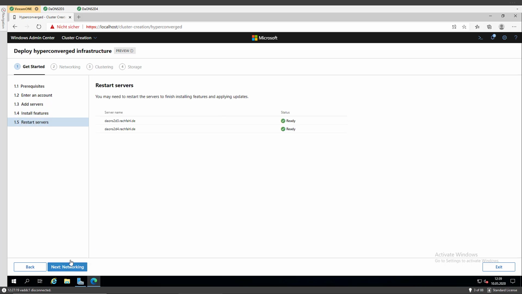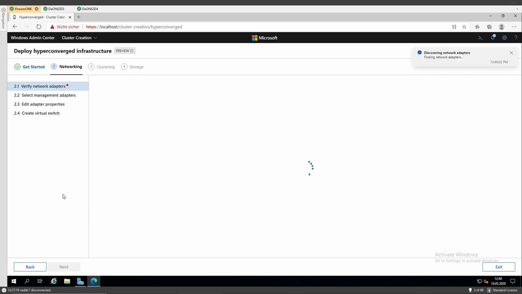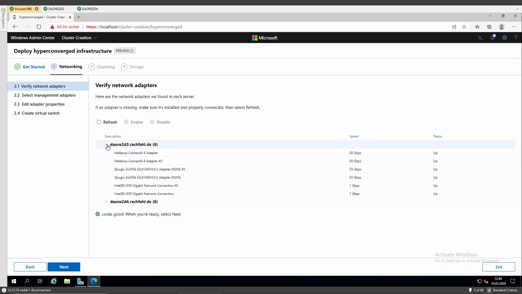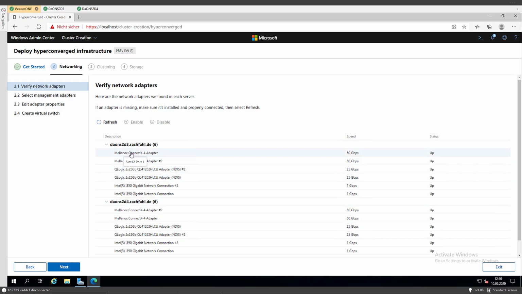We go to next, and it will now check if we had to restart the nodes. That is not necessary because all the features were already installed. So we are finished with this part of the wizard, and we now go to the next one, networking. And here we also have 4 different things. Now it's verifying the network adapters. We have 6 network adapters on both nodes. It says it looks good, okay, but if you want to check, we open this, and you see I have